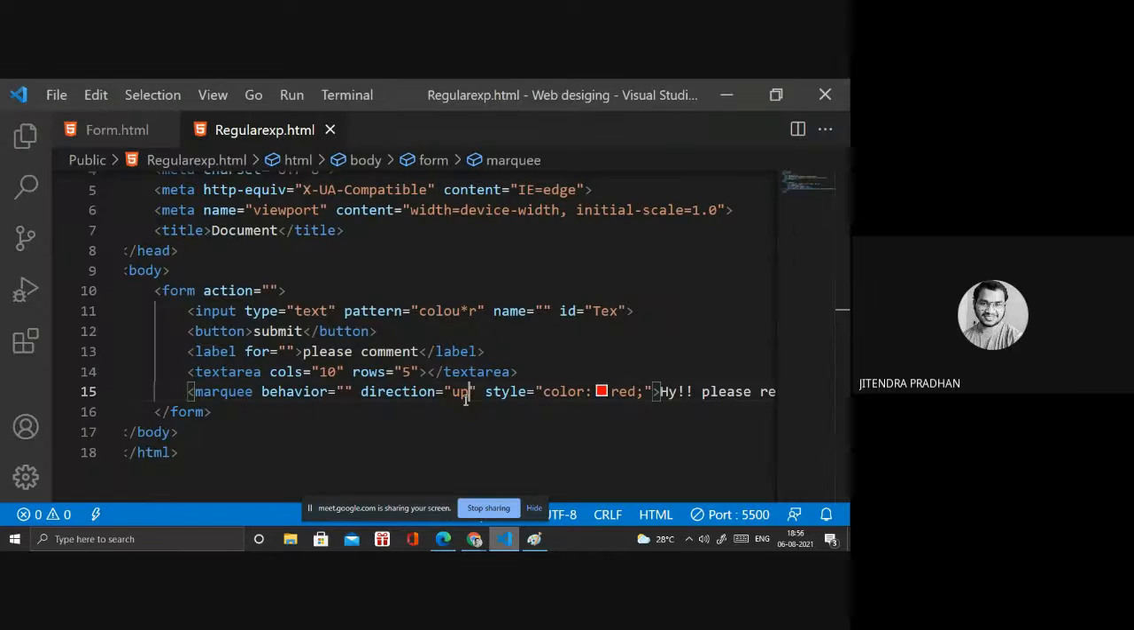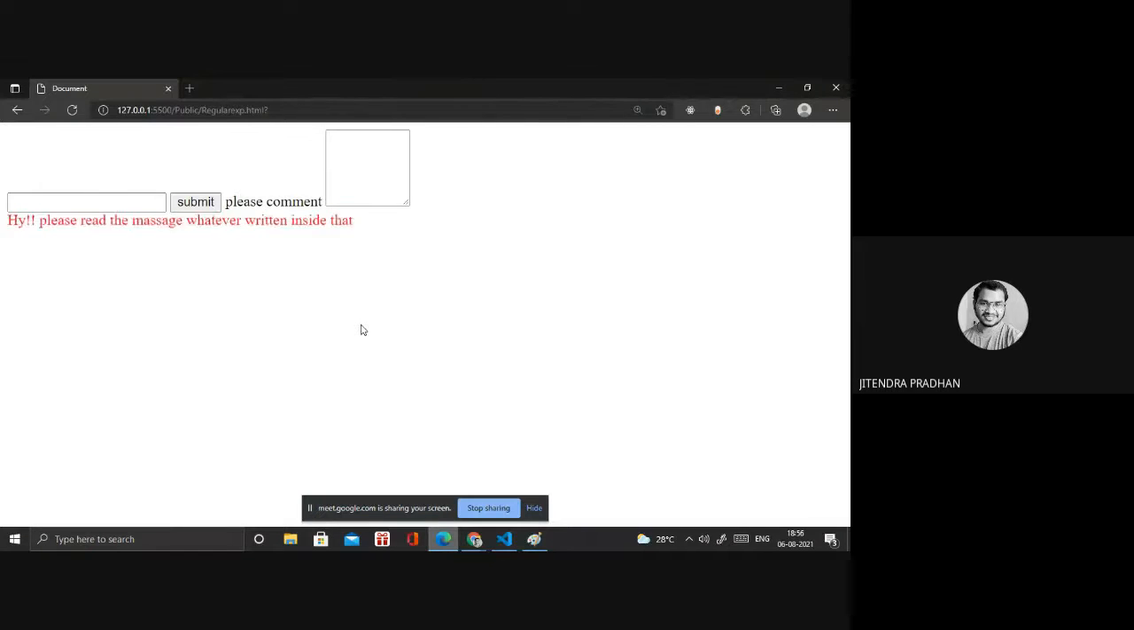If I require down, I write DOWN, it will mean that down format. Okay,